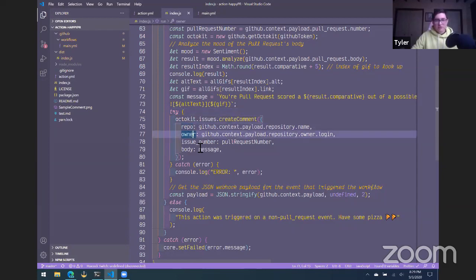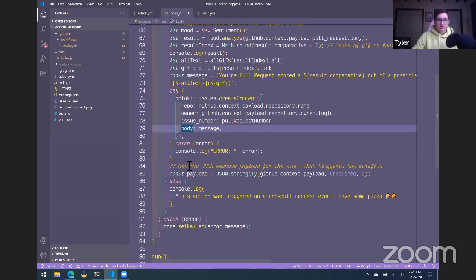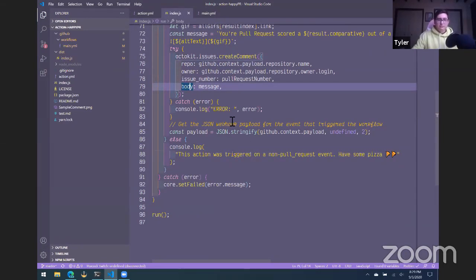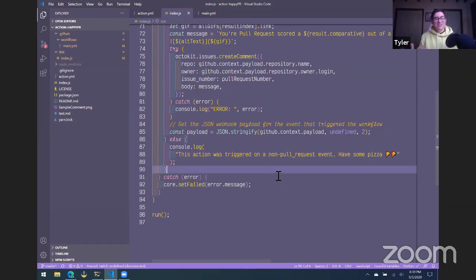So we pass in the repo, who the owner of the repo is, the issue number or pull request number, and then what the message is that we want to tag on. And if there's an error, it'll return that to the user, or to the maintainers. And then we create a payload, which just spits out all of our JSON. And then we log, if the action happened on a non-pull request, we give the maintainers a little bit of pizza, just to let them know that something happened, so that they aren't worrying about what happened,